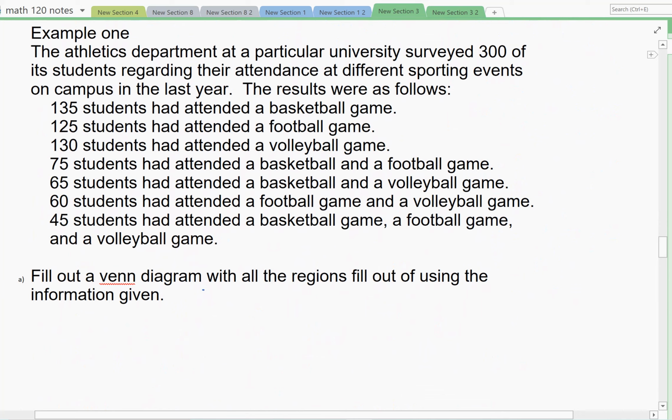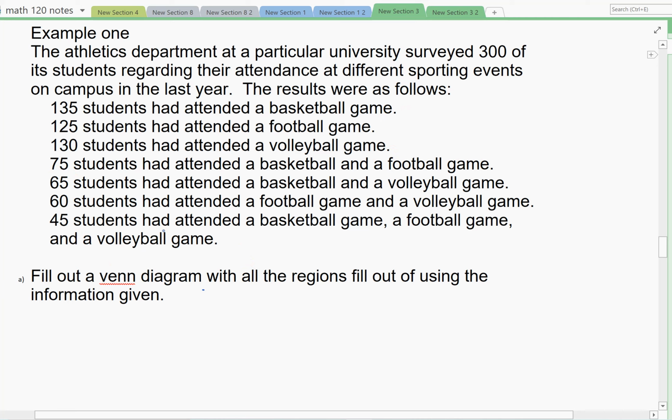So a lot of times with 3-set Venns, this is how the application is worded. Not always. Sometimes it's done more in a paragraph. But a lot of times they give you a list of all of the results of the survey. When they surveyed the students, they asked them to what sporting events they went to. Well, 135 went to basketball, 125 went to football, 130 went to volleyball, and then below that they went to